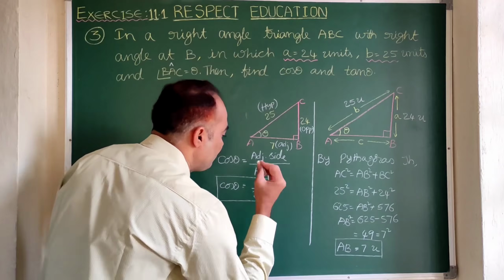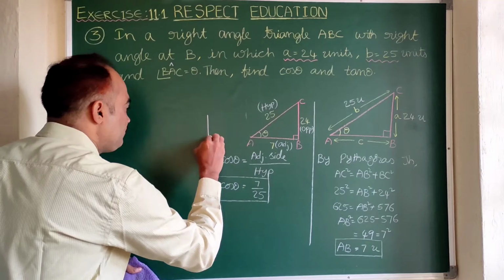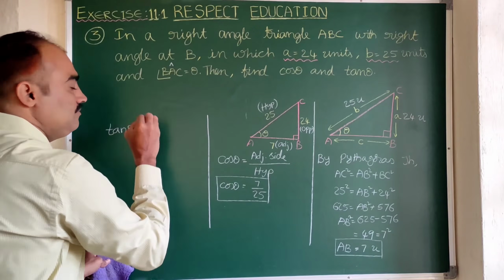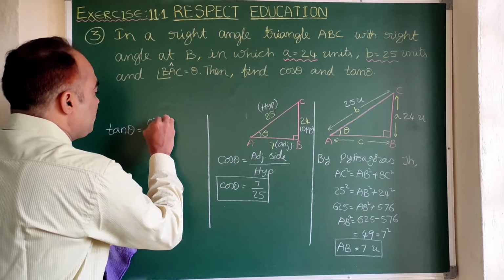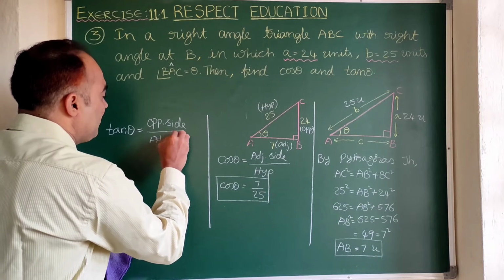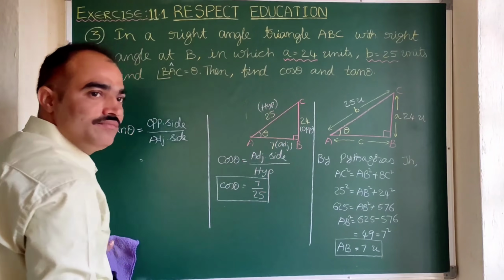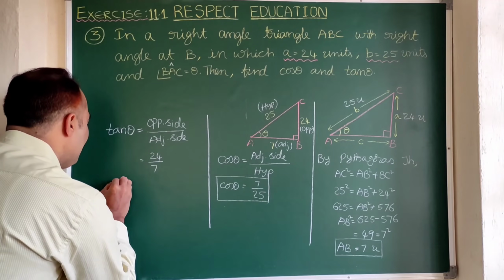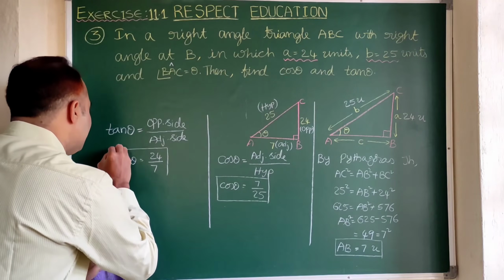So one bit over. Now let us see second bit now. That is tan theta. Here we will do. Here what is the formula of tan theta? Opposite side to theta by adjacent side to theta. So here for theta what is opposite side? 24, by adjacent side is 7. Therefore we get here tan theta is equal to 24 by 7.